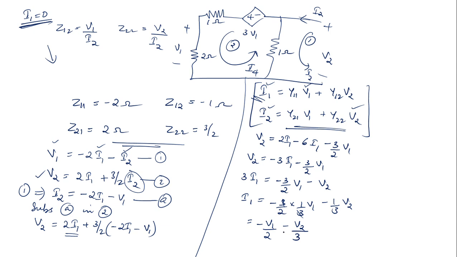Okay. So I think there is some calculation mistake that I have done maybe. Okay, I think there is minus 3 by 2 V1 minus V2. Okay, so I think there is a small, oh yes, I got the calculation. There was a small calculation error. Okay, over here 3 by 2 into minus 2, it is actually 3 over here, and I wrote it as 6. So that is my mistake.